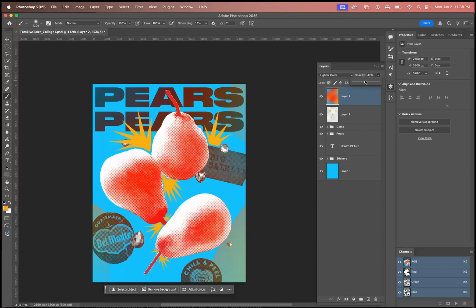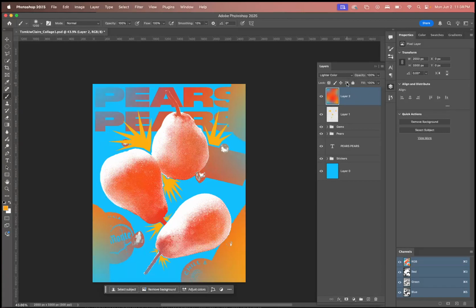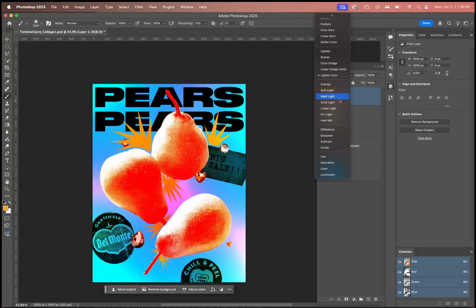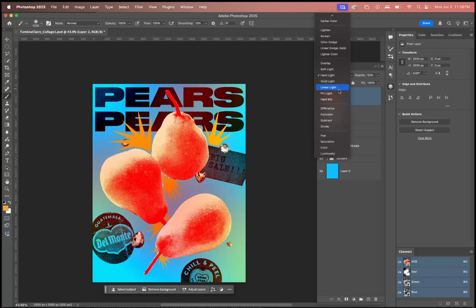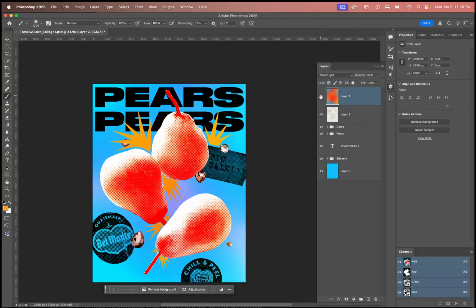Again, if this is looking a little bit too severe, I can notch up the opacity. You can see that I'm getting some unexpected color moments in some of these. You can just play around with it until you get something that you like. And again, you don't have to use any of these techniques if you don't want to. This one is not affecting much, but you get a couple of these fun, punchier moments in the background,